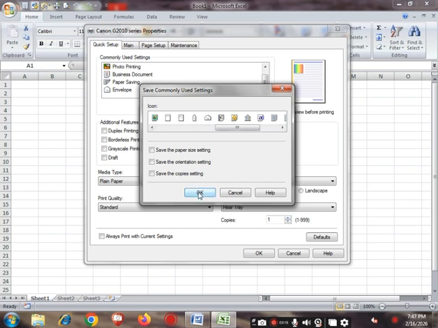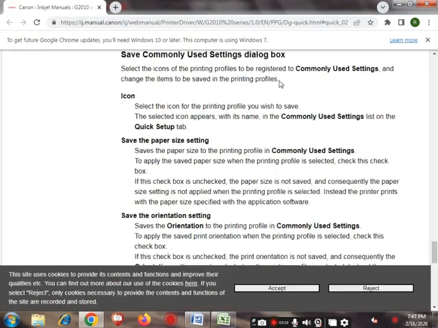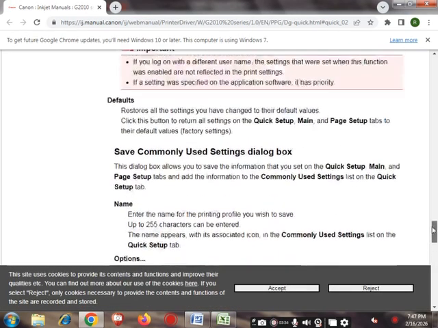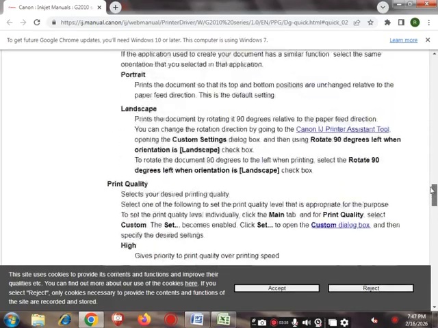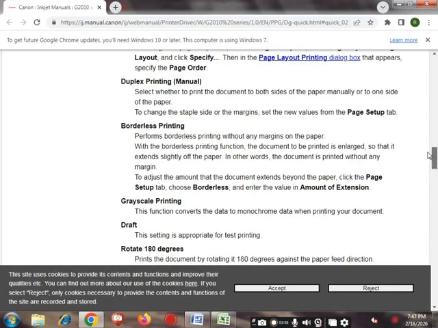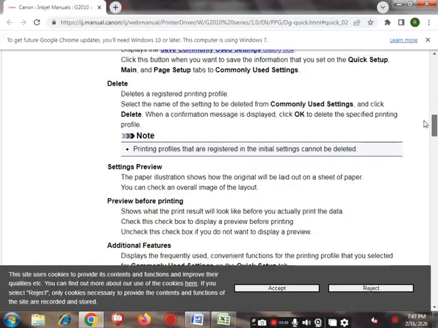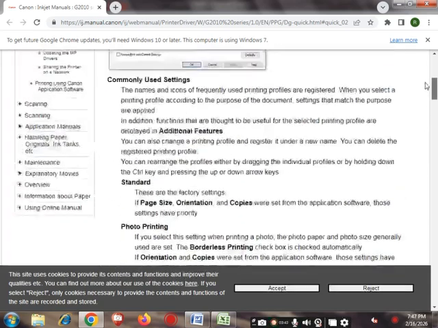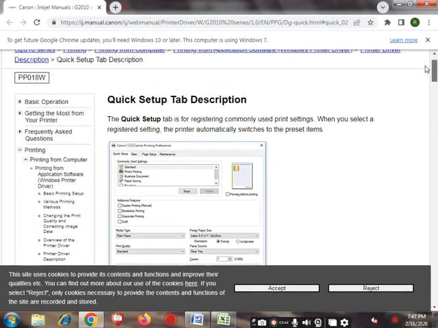If you have any doubt about these settings, simply click on the Help option and a complete screen will open that will guide you about all the printing things. By scrolling, you can read everything according to your doubt, and definitely you will get the answer. The computer has this beautiful thing, it will guide you step by step.